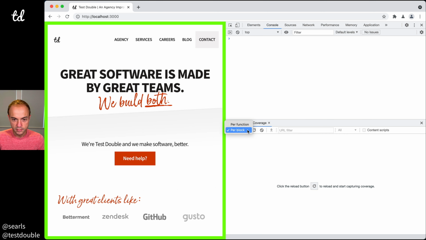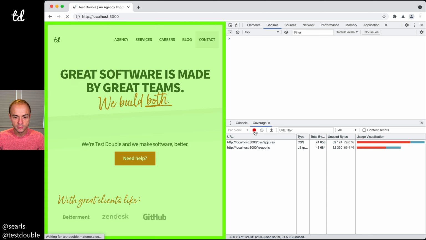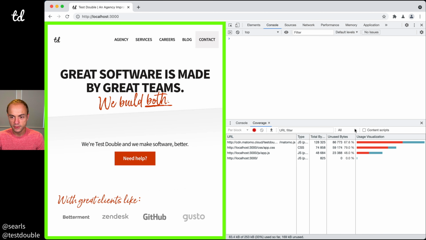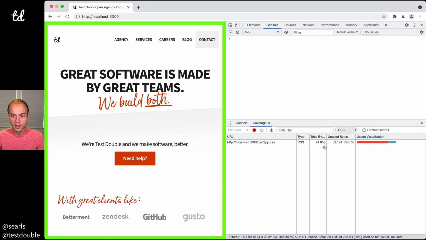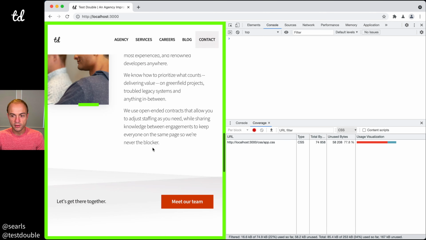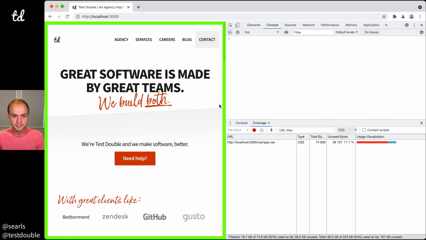And per block or per function probably doesn't matter for CSS. And we're going to start instrumenting coverage and reload the page. So let's do that. URL filter here, I don't care about URL, but I do only care about CSS. All right, so we're looking at CSS and this is 79% covered. And so a couple things I want to do, you can see it went up or down a little bit,